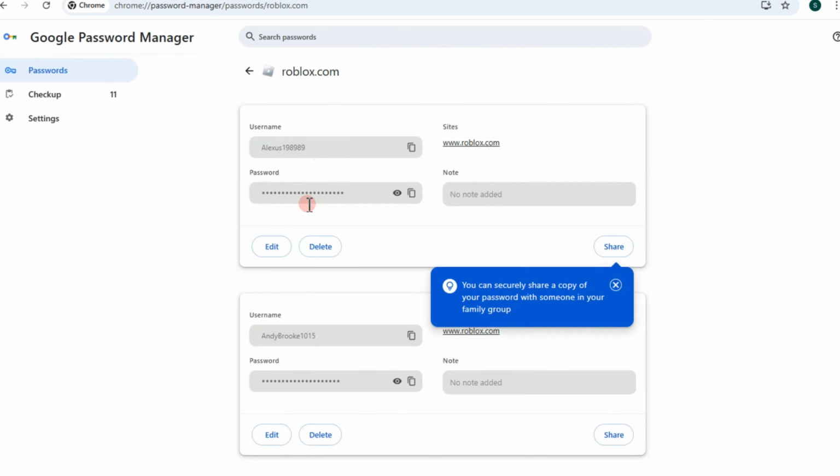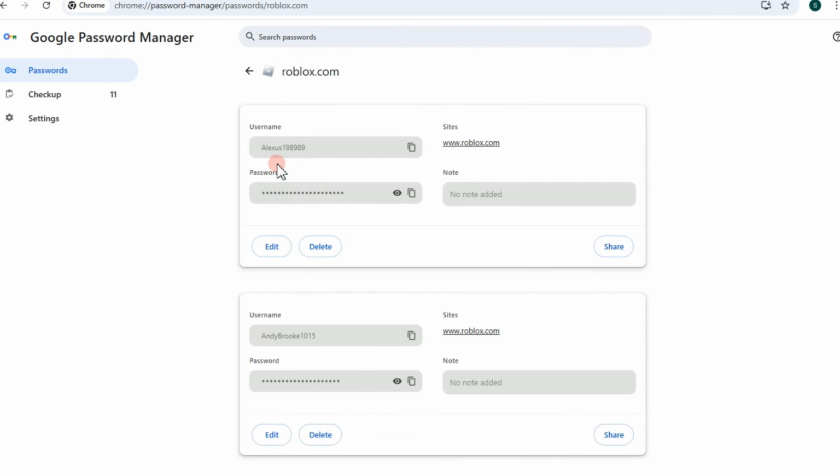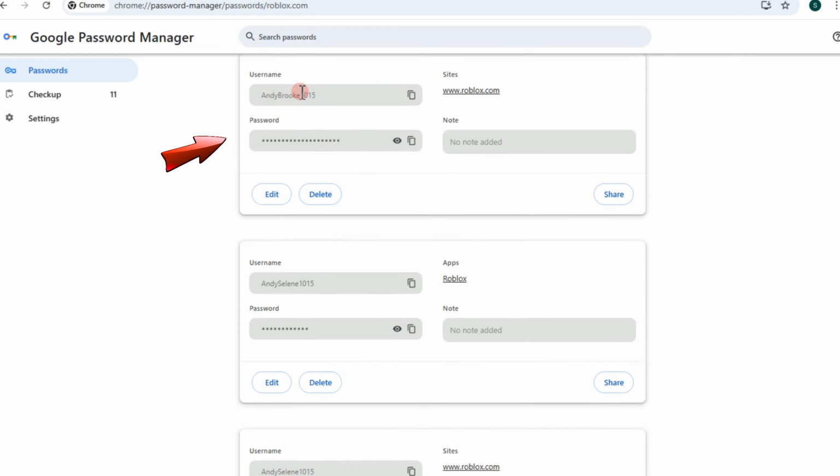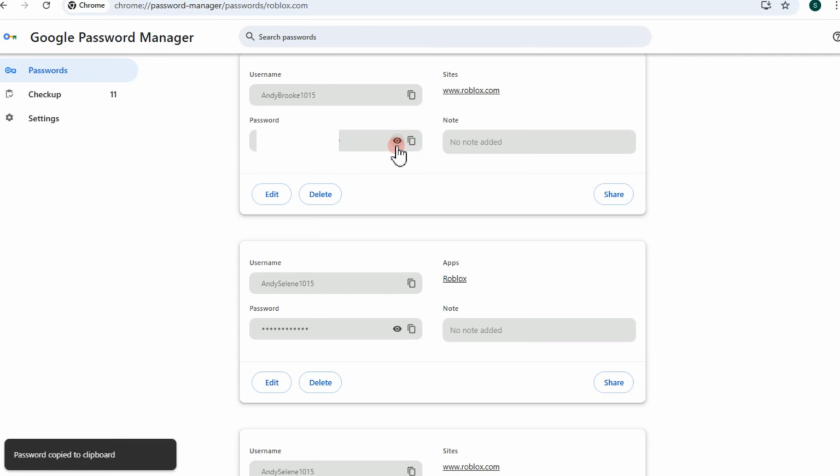I have 8 accounts. In order for me to see the password, I just select the account and tap on the icon right here to show the password. After that, I can copy and paste it wherever I wish. So that's how easy it is to see a